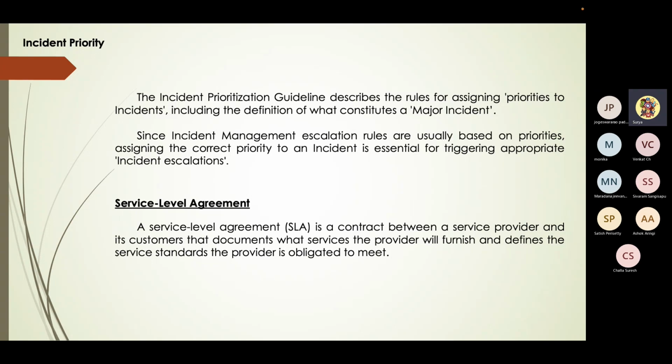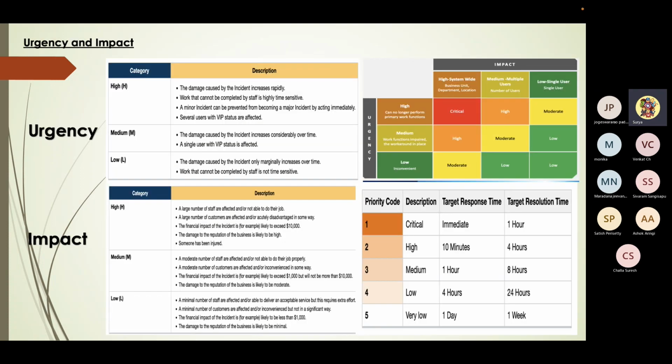You can ask, if it is a P5, it is easy to resolve, right? Why are you taking 5 days of time? But for a P5, you will be receiving 1500 incidents a day. It is not one single incident. So that is the reason for the low priority incidents, the time frames will be high. So forget about everything. It is the agreement between the client and the service provider for the time frames